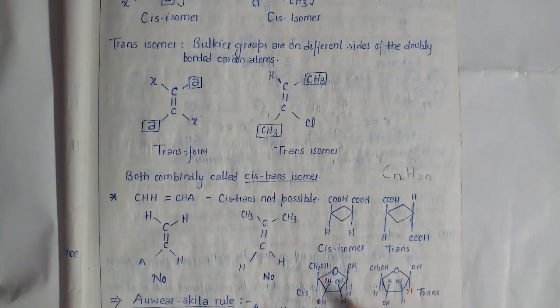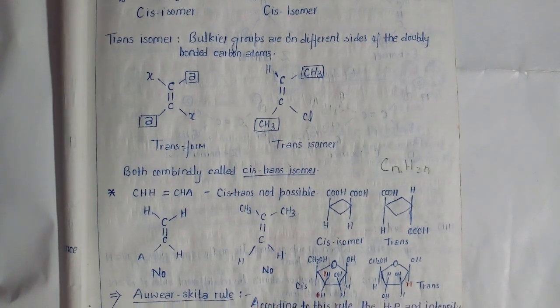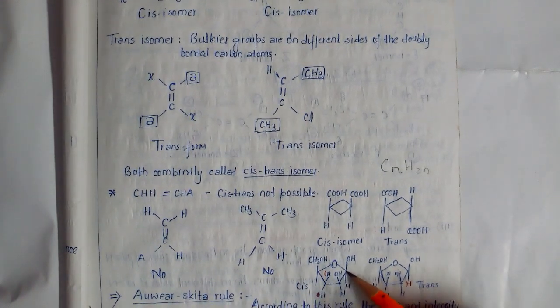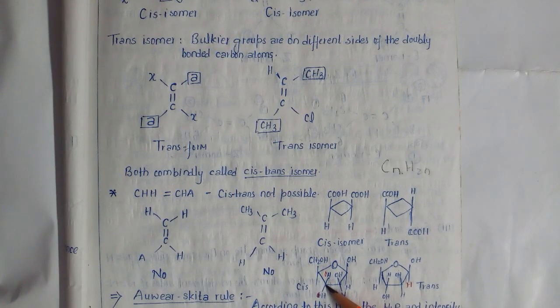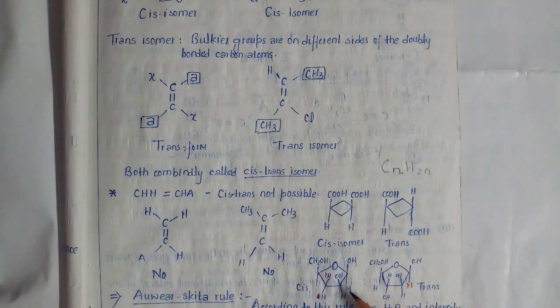It can also be observed in heterocyclic compounds at the second and third positions. This is a very crucial example. Observe carefully. This is the first carbon, this is the second carbon, this is the third carbon. And always in a heterocyclic compound where there is more than one optical center, I will discuss further what the meaning of optical center is, in that case cis-trans is always observed at the second and third positions because of their crucial conformation.